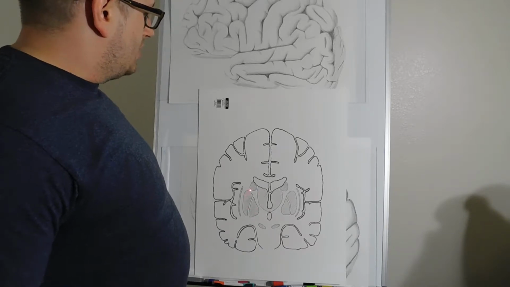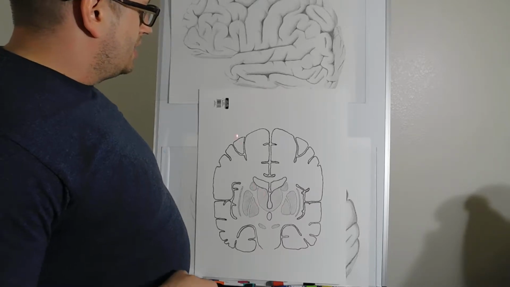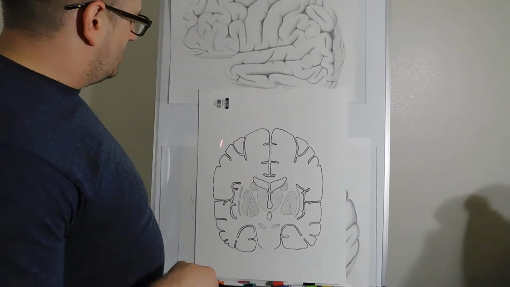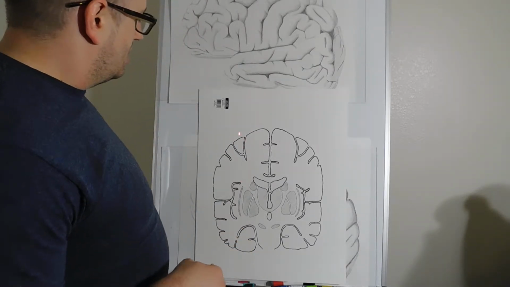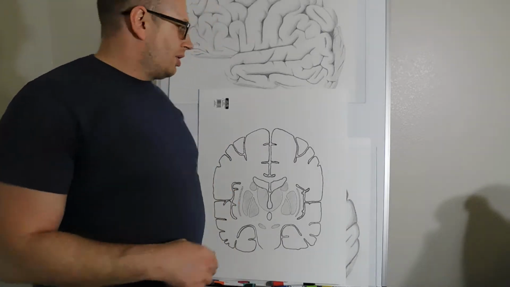So what that means is we're inhibiting an inhibitor, so we're disinhibiting that signal that goes up to the primary motor cortex. That signal goes down to the muscle and causes it to move,